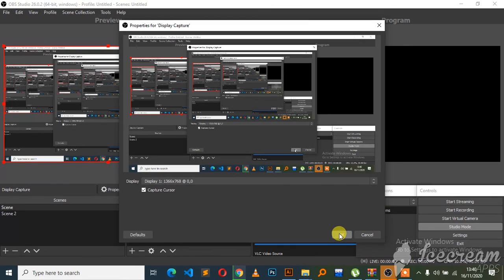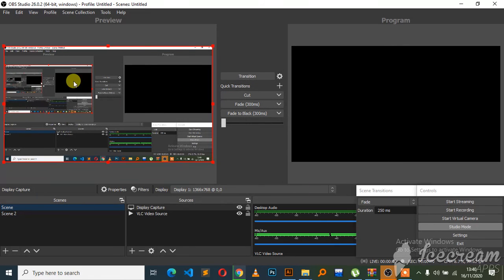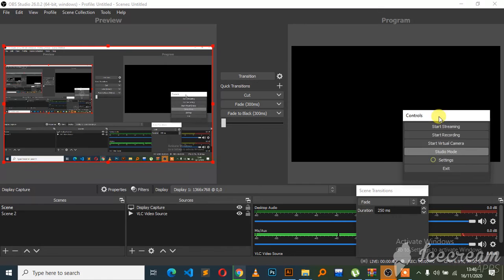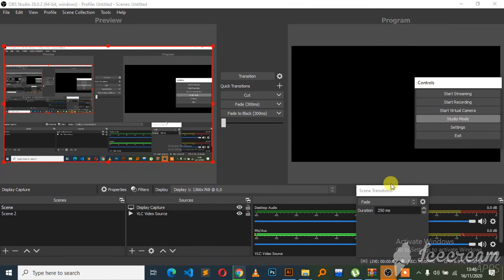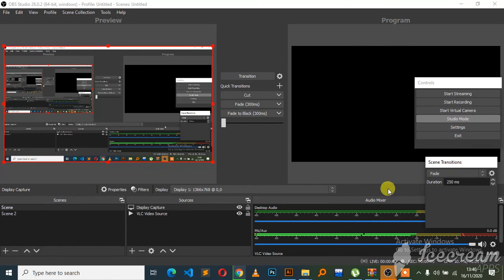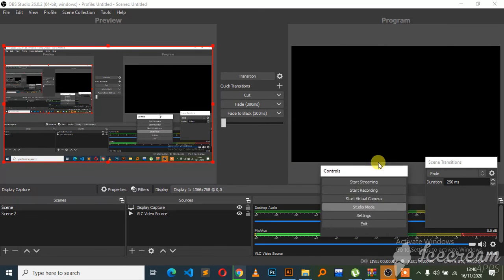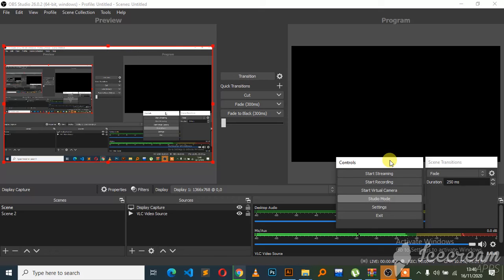Once you have that, we can also start recording. You can start streaming, you can record, you can start the virtual camera. All these settings are there in your control panel. Now you can use it the way you want it, you can set it the way you want it, and I hope you will be able to stream your video with friends,